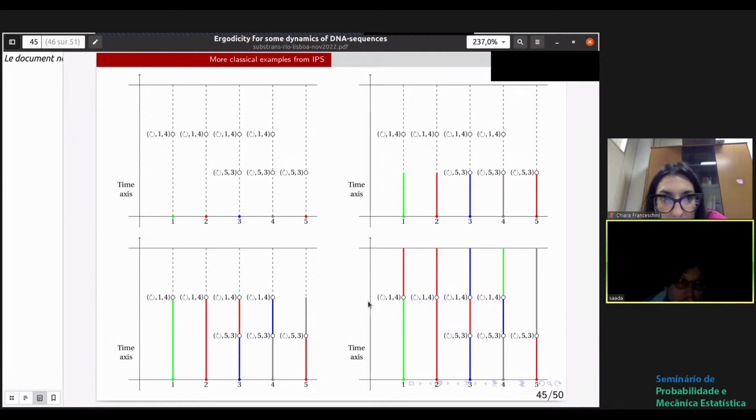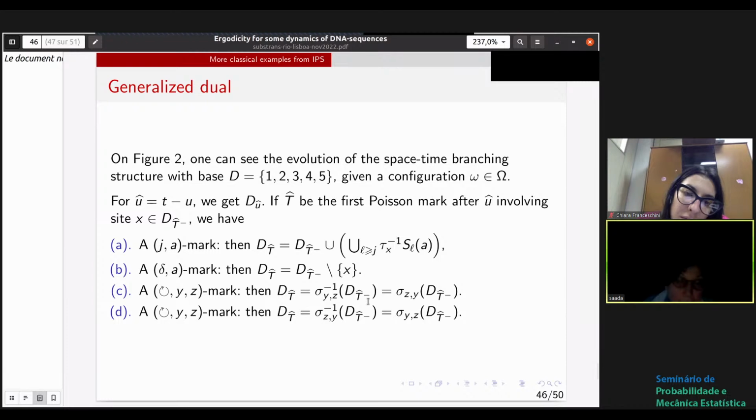And the generalized dual goes the other way around. And the point is that we begin up and we have to go down. And what we want to know is where did we come from? So how much information do we need? So that's how we will look at things. Then we have a set, and this set will become bigger or smaller. And if we meet a GA mark, then it will become bigger because we need to know what's on the neighboring sites because of this YpR rule. So we need to add all the sites belonging to this